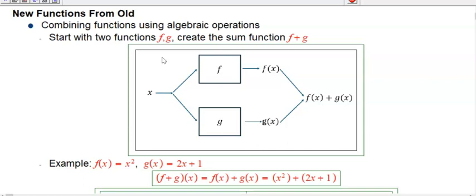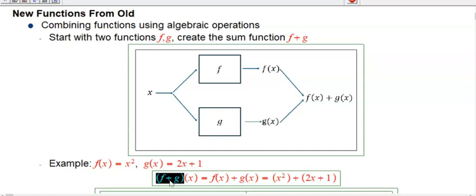So if we start with 2 functions, f and g, I want to symbolize those as some sort of box, some sort of machine that takes an input, spits out an output. And if you have an input x, and you've got 2 things you could put that into, you can put it into both of them, create f of x and g of x, and then combine them just by adding the answers. So a really simple example of that would be f of x equals x squared, g of x is 2x plus 1, and the sum function,